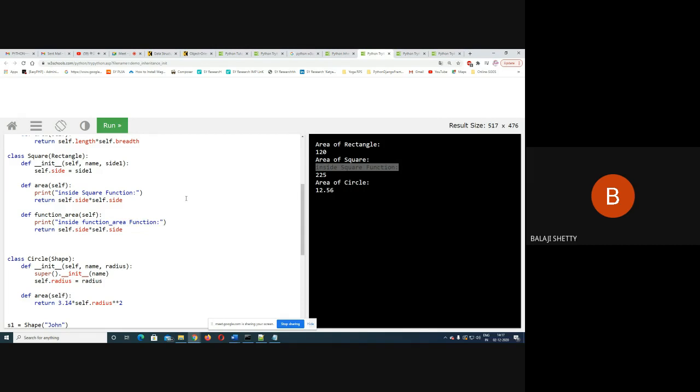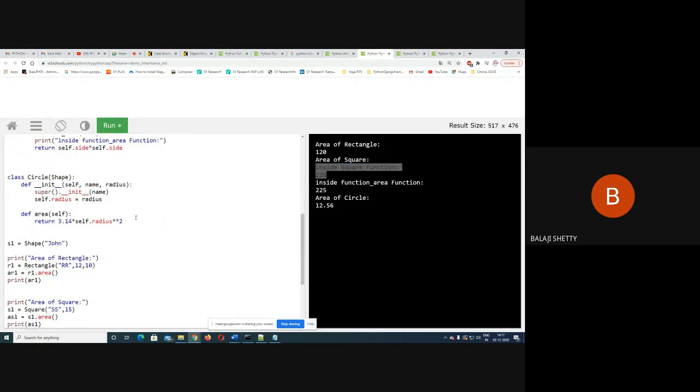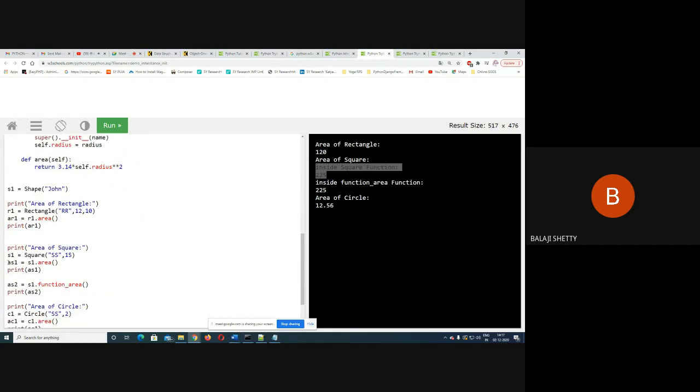What should I get now? Output. I will get area 2 times for square. Now see here, inside square function 225. Here I have called S1 area, AS1 area, print AS1.